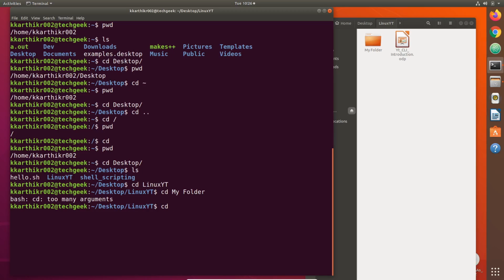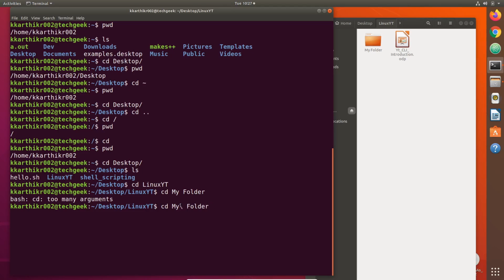We can either use the escape character backslash. Let's go ahead and use the escape character backslash: my, backslash, space, folder.